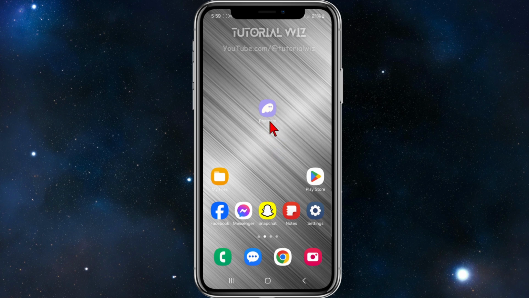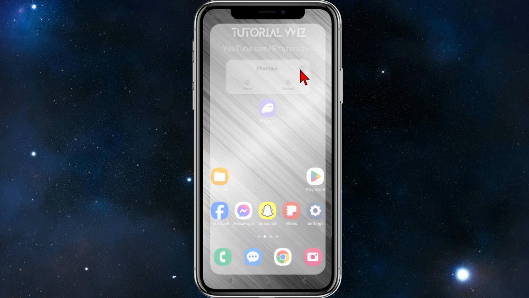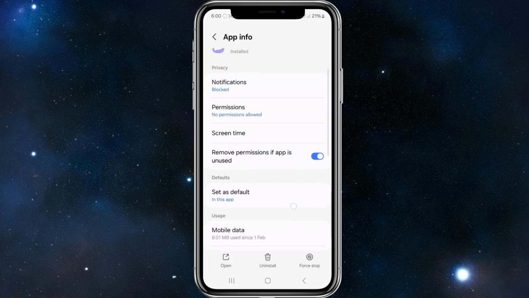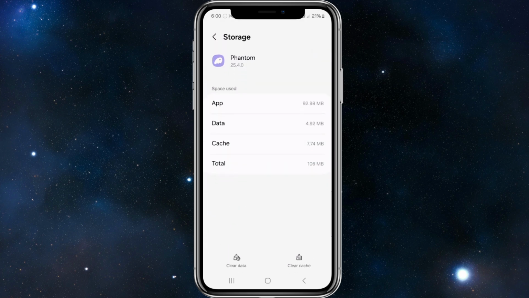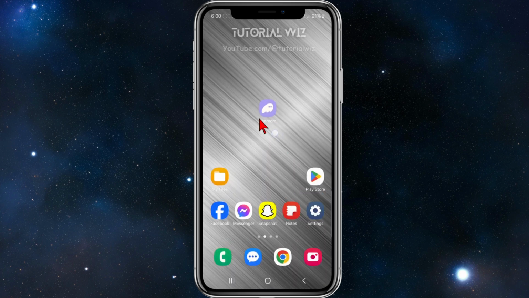to clear the cache. So from here, click and hold down your Phantom Wallet, then click on the eye next to it to get into app info, and then scroll down and click on the storage, and then go ahead and click on the clear cache, and then head back and open up your Phantom Wallet to see if that